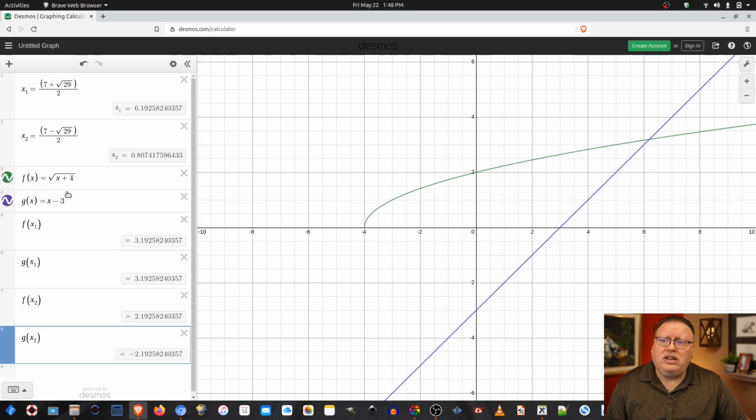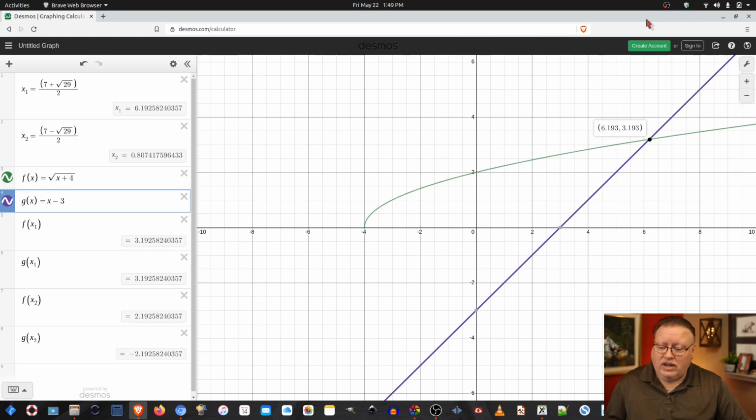Now, if you look at this, I've graphed the left-hand side of the equation, I graphed the right-hand side of the equation, and another approach is to do a graphical solution, and in this case, we do have a single intersection point at 6.193, which is what we got up here for x of 1. So that is our valid solution on this problem,